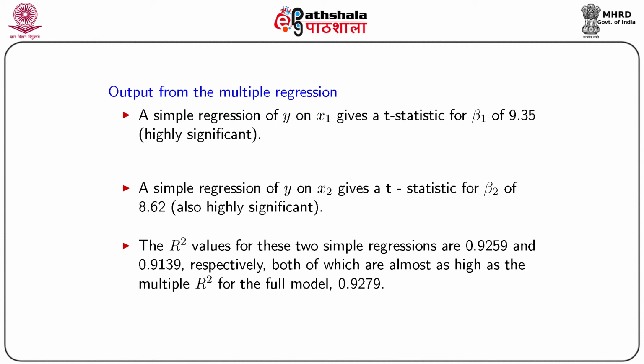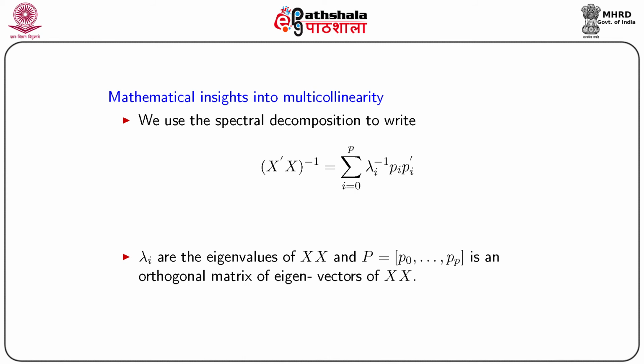Now we note that the R-square values of these two simple regressions are 0.9259 and 0.9139 respectively, both of which are almost as high as the multiple R-square for the full model. To recall some of the mathematical insights into the problem of multicollinearity that we have already seen in one of the modules,